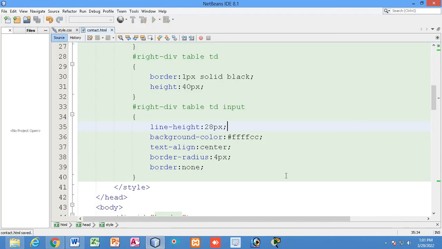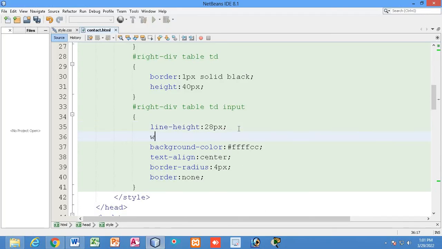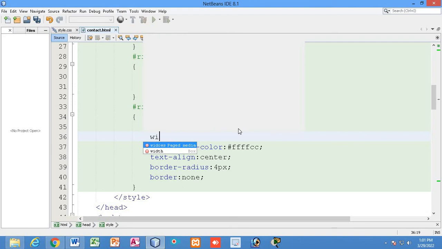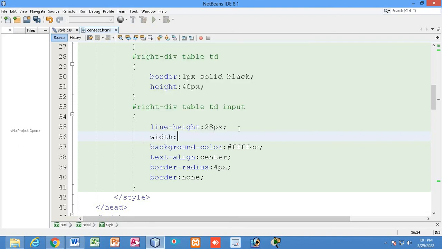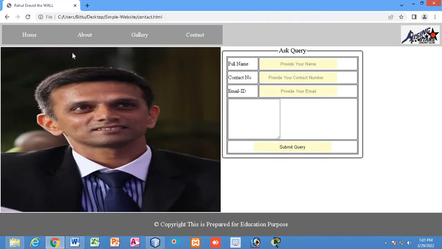Now I will increase the width. So how much will be the width? Let's say 240px. Each will take the width of 240px, right? This much width it will take. Now